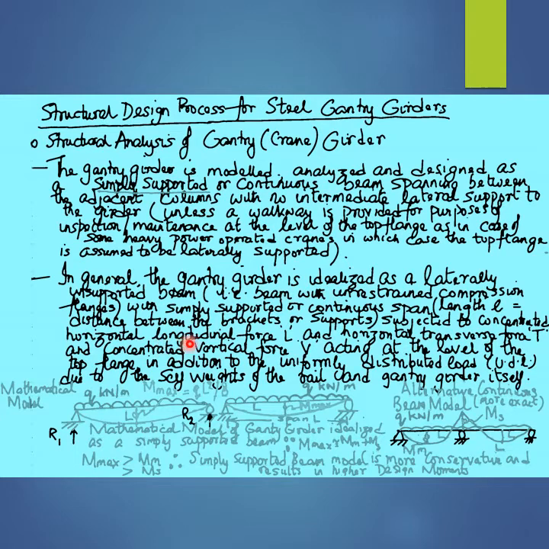In other words, in practice, for the purposes of structural analysis of steel gantry or steel crane girders, the steel gantry girder is generally modeled as a simply supported beam with laterally unsupported compression or top flanges, although in reality the practical steel gantry girder or steel crane girder is in fact a continuous beam spanning over continuous supports